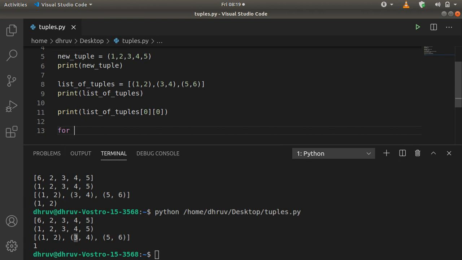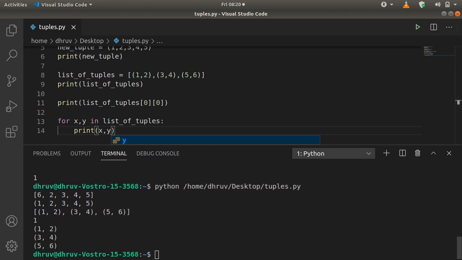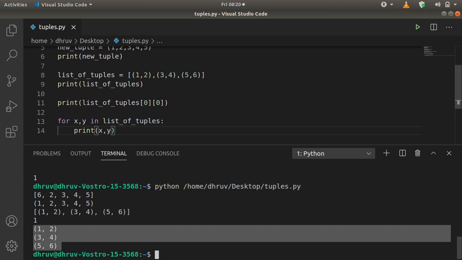Let us first get all the tuples inside of the list. So I can say for x comma y in list of tuples, print x comma y. So you can see that we have the tuples here.